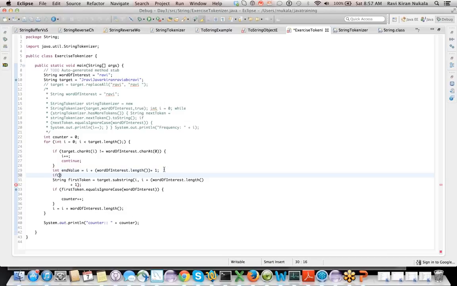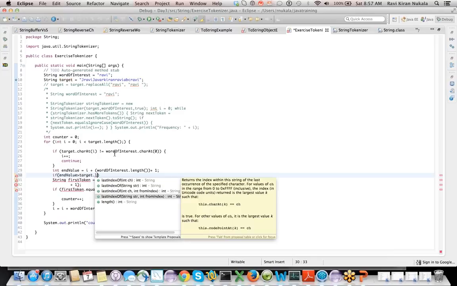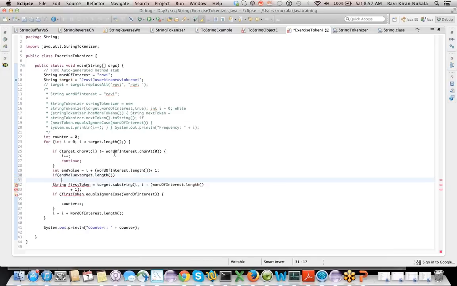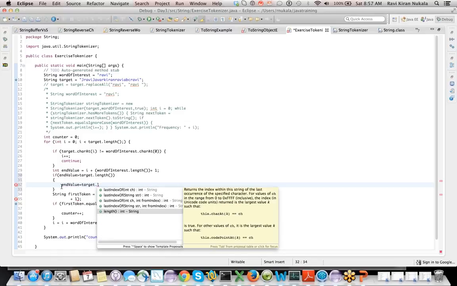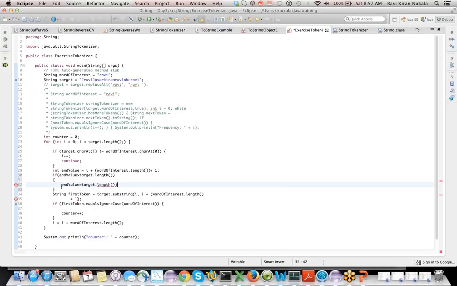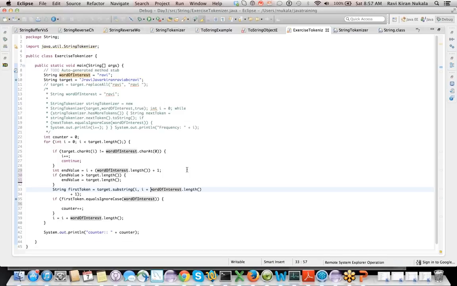If end value is greater than target dot length, end value equals target dot length. Okay.